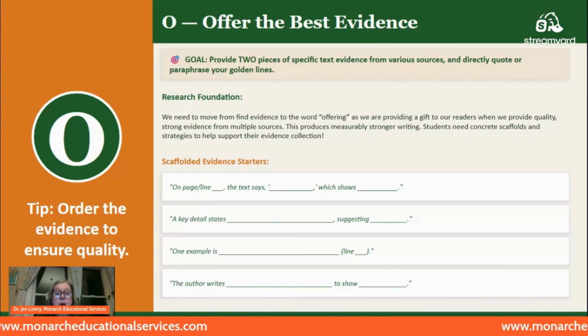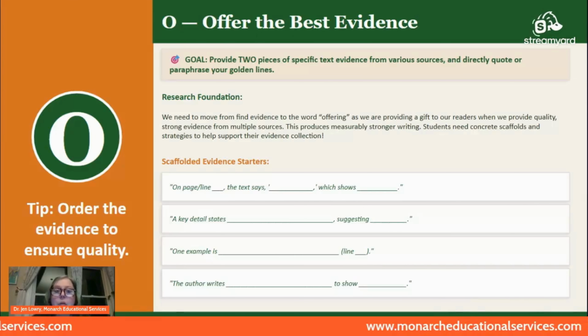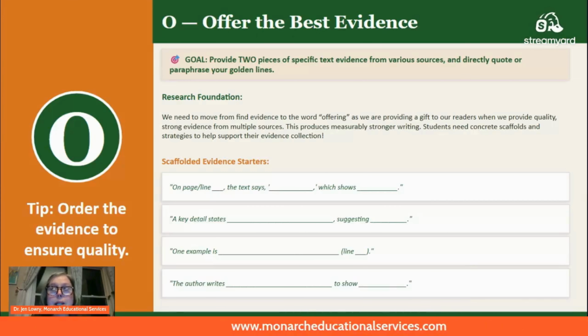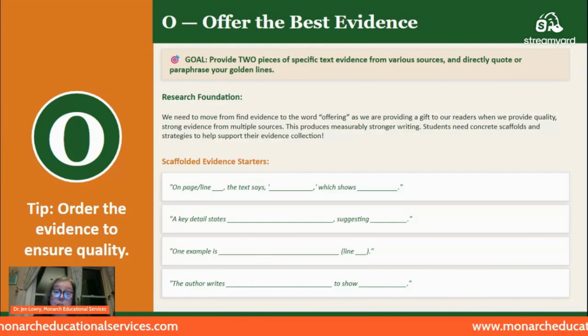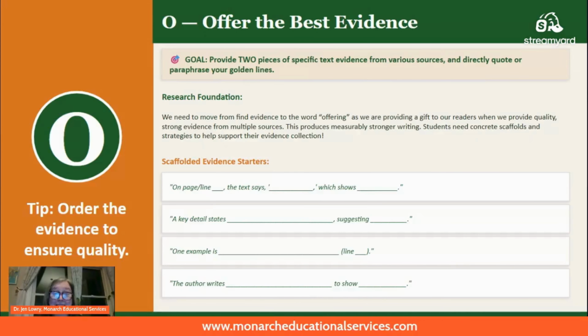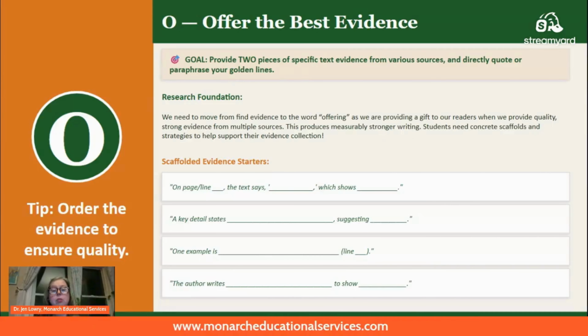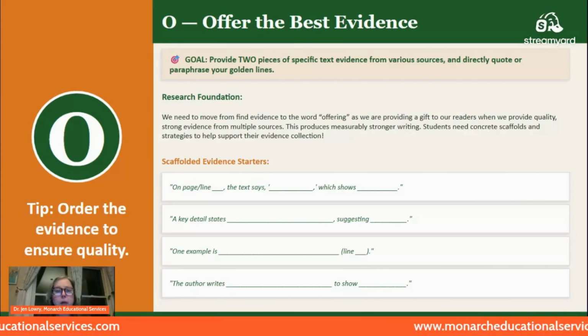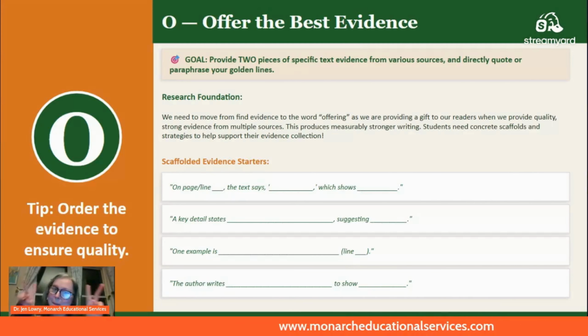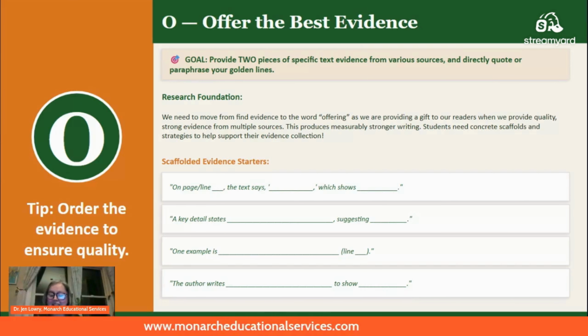Now, I love an article, and I did not cite it on this. Oh, it just came to my mind: Teaching Secondary Students to Write Effectively, through the U.S. Department of Education. Absolutely love that article. It is a book, like 90 pages. And there's a strategy in there called rank the evidence. It's similar to what I'm trying to explain to you, where you collect, but then you start ordering it out. I'm going to give you some practical tips on how you can do that in your classroom. I'm sure you've done some ordering routines with your kids before, but we've got some the Monarch way. So that can hook your kids in.